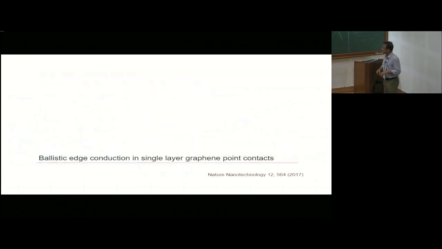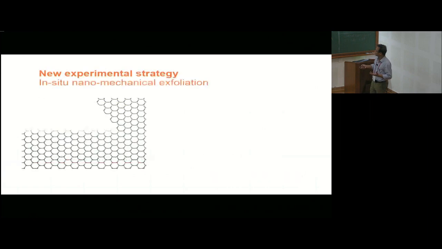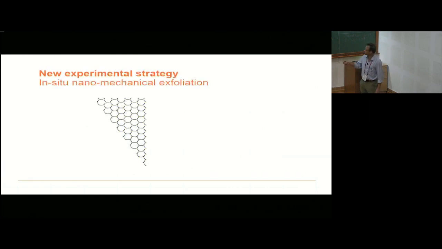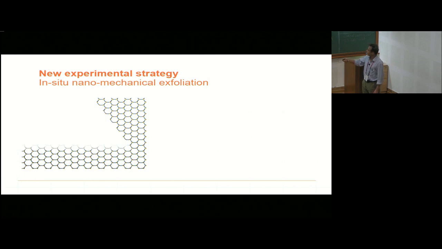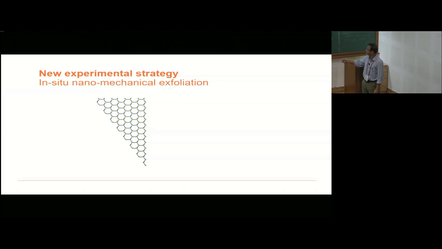Okay. So what did we do? This is an old work. I'll go very quickly through it. What we did, we tried to use an idea which came out in Science some time back, in which we wanted to have a wedge-shaped transport. Suppose you have a pure graphene like this, which is semi-infinite in nature, but if I create a wedge like this of 30-degree angle exactly, then I have zigzag edge on one side, I have an armchair on the other